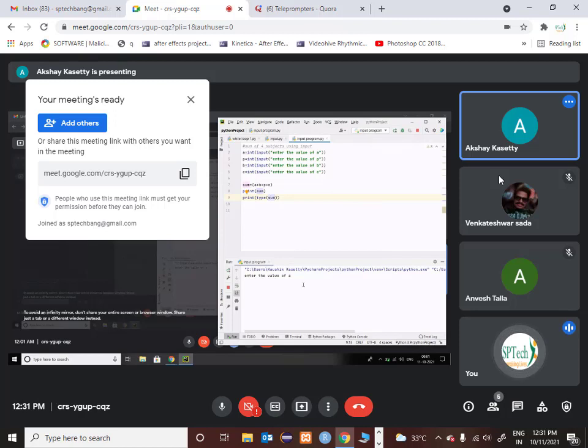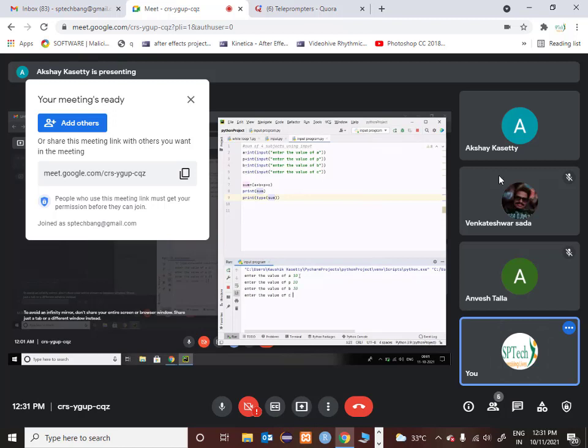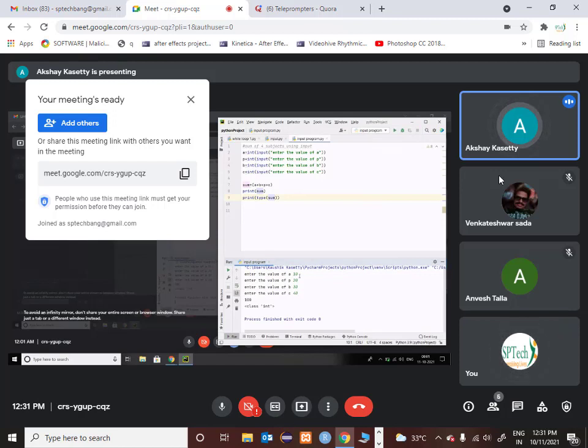Yeah, because you are running the program from the beginning. Okay. So it says it's an integer. Correct, because all the values you gave were actually strings, but now they have been converted to integers.